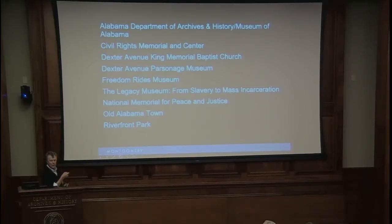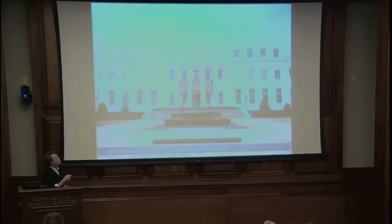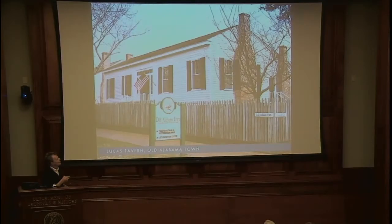And there's Old Alabama Town and Riverfront Park, so maybe go down to the river at some point. Old Alabama Town is a collection of historic structures from the early 1800s into the 20th century that portray everyday life, how people lived in Montgomery. I like it because it doesn't dwell upon wars and who the general was. But I think the most important thing in Old Alabama Town is this building, Lucas Tavern,